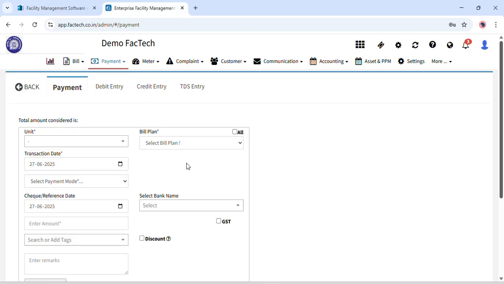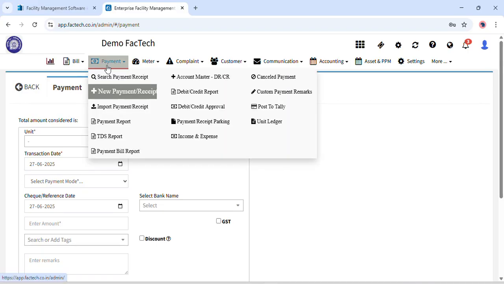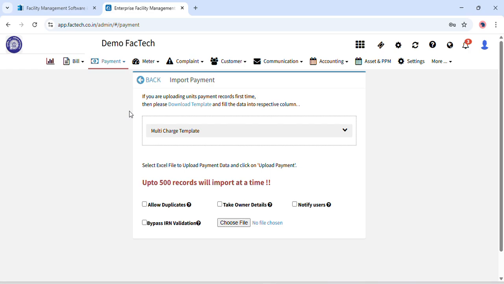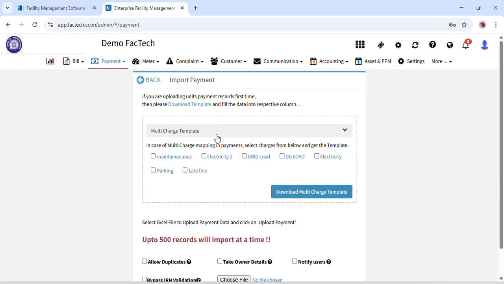you can simply add a payment by going on the import payment option, which is a bulk option for adding payment. For that, you just need to go on payment and go to import payment or receipt. Now over here you need to upload a template in the Excel sheet format, and that format is given over here. Before you download this format and start adding your charges, you can also select multiple charges